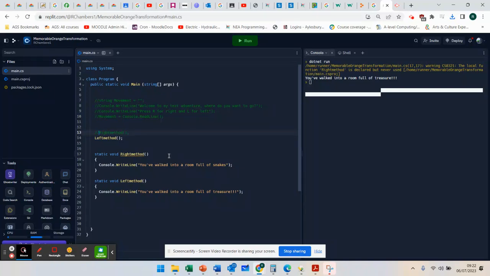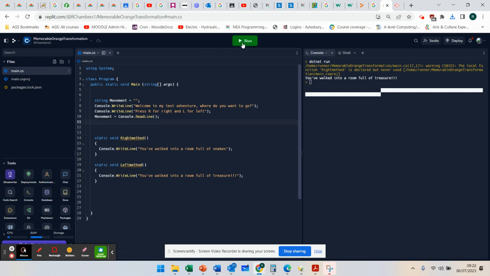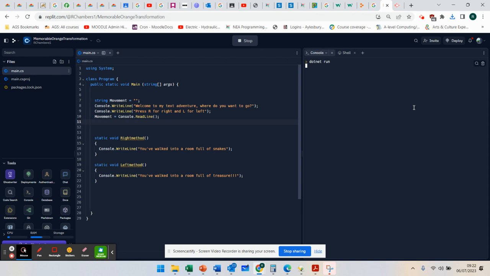Right, so you've seen in the previous video that I've just recorded that you can add in lots of different methods. So you've learned how to create those functions in C#. Now, what I want to do is I'm going to remove these lines out. Now, if I was to run this game as it stands at the moment,